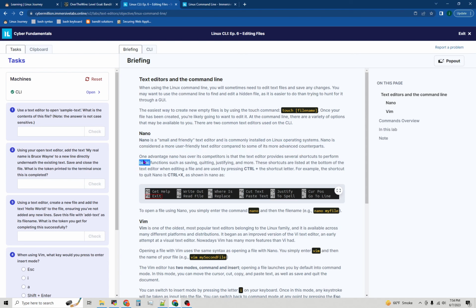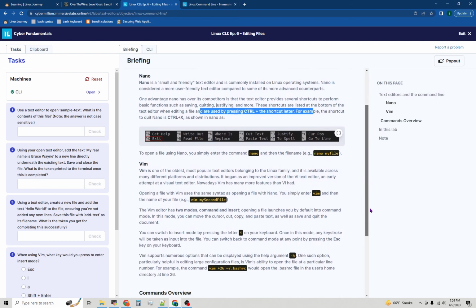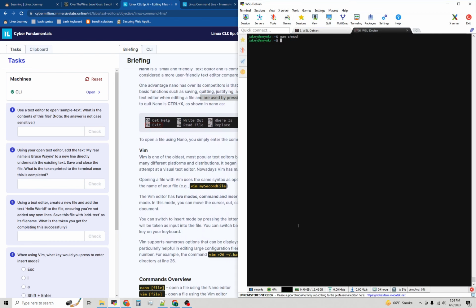One advantage Nano has over its competitors is that the text editor provides several shortcuts to perform basic functions such as saving, quitting, justifying, and more. These shortcuts are listed at the bottom of the text editor when editing a file, and are used by pressing Control plus the shortcut. Yeah, this is a pretty solid editor. I like it. And it creates a file the second you